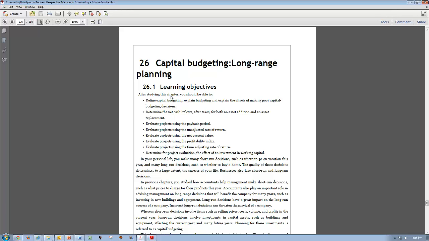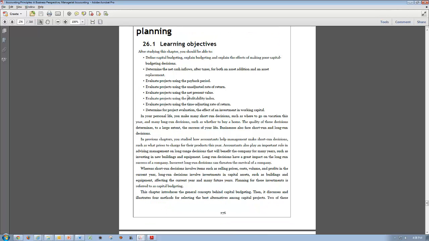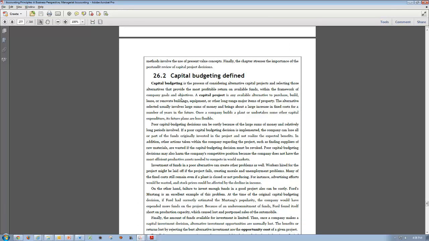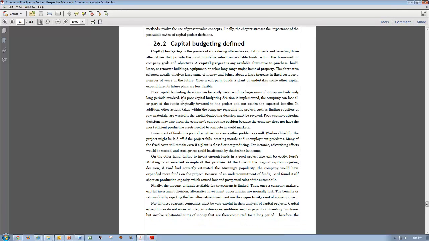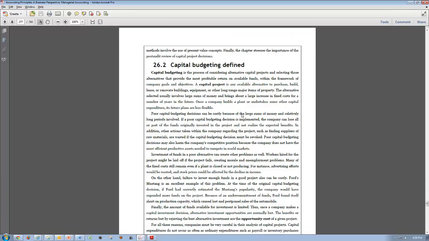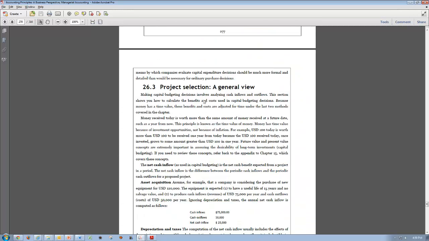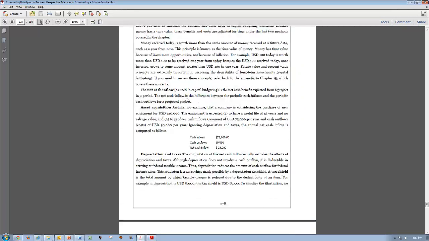It tells you about capital budget, long-range planning, and really what you've got to do is say how you're going to finance this project, so the tenderers, the people responding to your tender, are going to know that you've got the money and you've done it in the right way. So the textbook defines capital budgeting, gives you a definition of them. Project selection talks about the